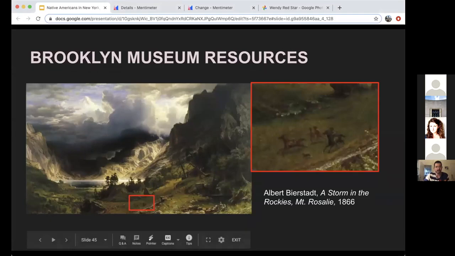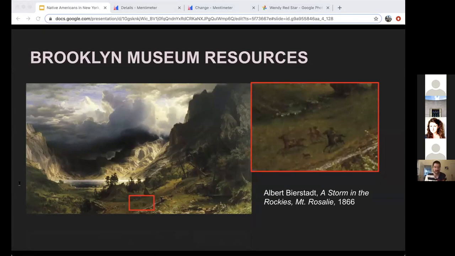Another artwork I use for this quite a bit is this painting by Albert Bierstadt. So Bierstadt was one of the first artists to travel west during westward expansion and kind of visualize this idea of manifest destiny in these larger than life paintings. This one's about 6 feet tall. It's very large. So here, indigenous people are depicted vaguely using stereotypical imagery and are tiny compared to this huge,